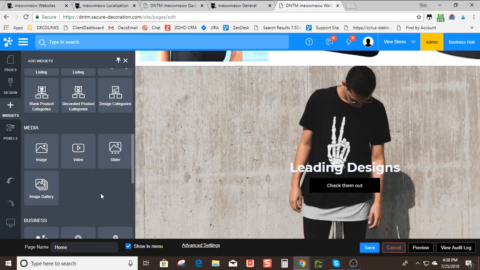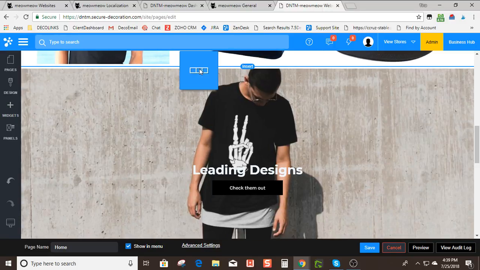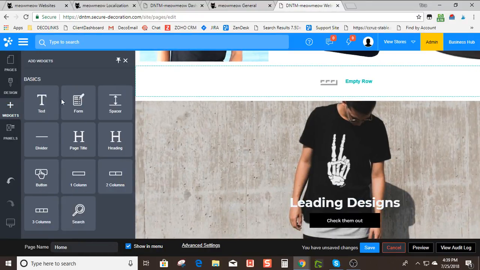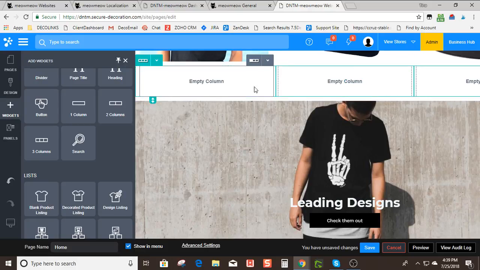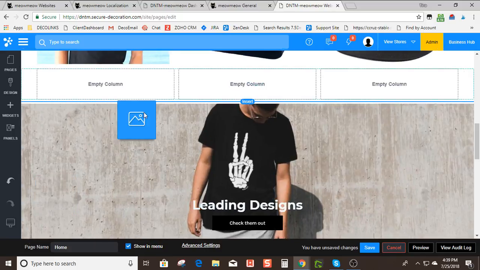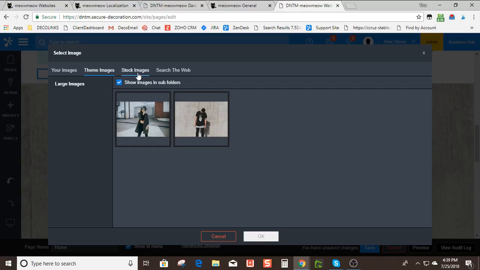When I'm talking to them in support, you can use columns under widgets. Say you wanted to add 3 images in a row, you can use the columns and insert this in here and put different things in each empty column. People don't realize when they first start that that will add structure to your website. It's really cool and easy to do. So for instance, if I grabbed the image widget and threw it in there,